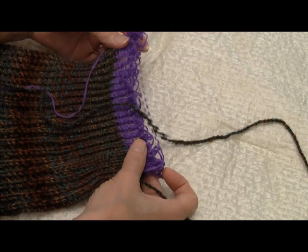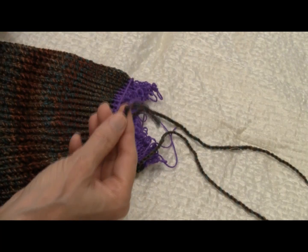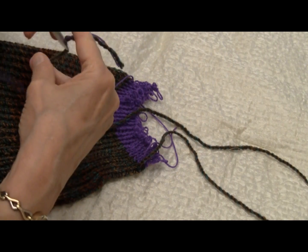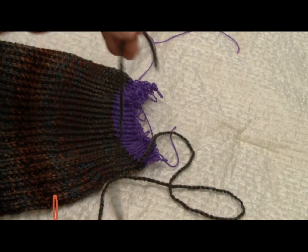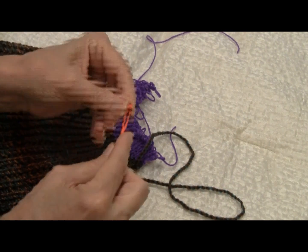First of all, I need to gather the toe. This is going to be gathered up right here. I'm going to cut the knot away that's holding the regular yarn to the waste yarn, and I'll sew with the loose end of the garment yarn. I thread a tapestry needle,